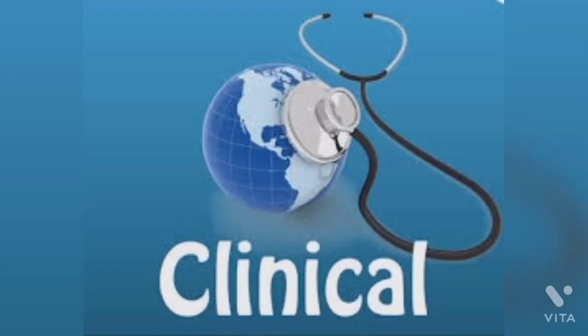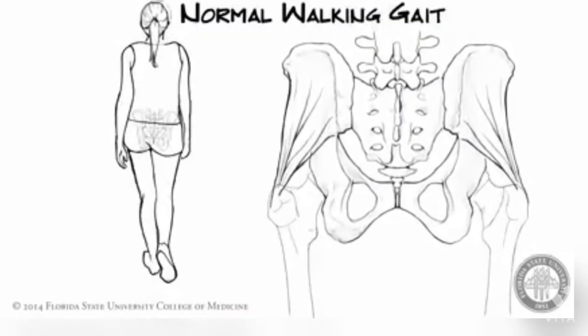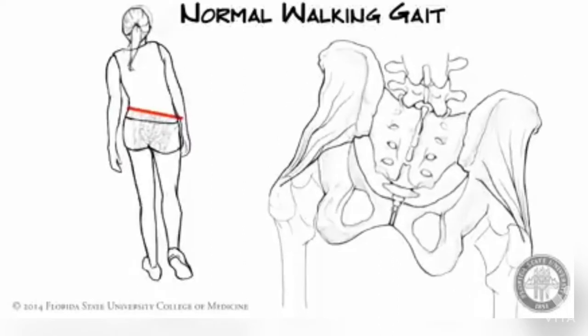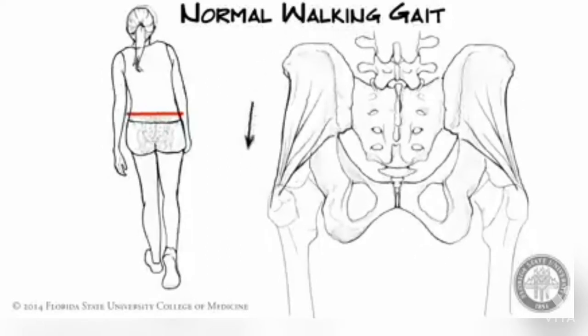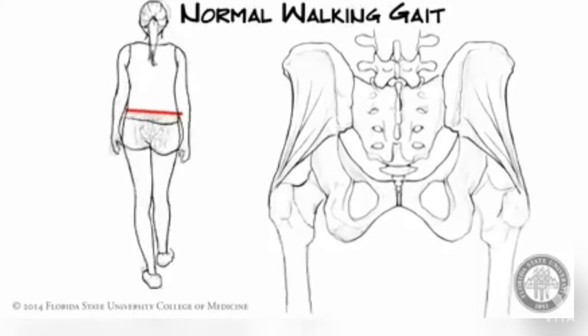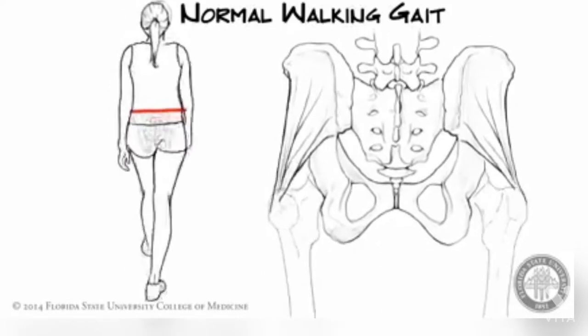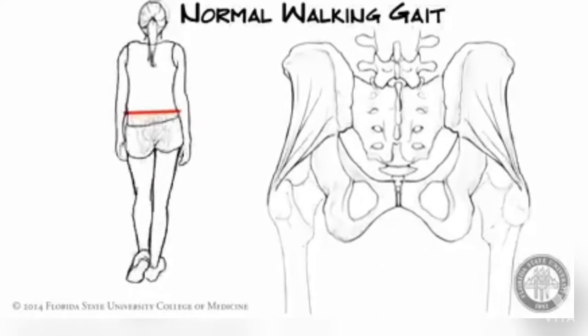Let us move to the clinical aspect. This is a normal walking gait. Acting from below, both the gluteus medius and minimus prevent the unsupported side of the pelvis from sagging during walking and thus maintain the horizontal level of the pelvis, provided the hip joint and the neck shaft angle of the femur are normal. When a person walks, the unsupported side is counterbalanced by the supported side.